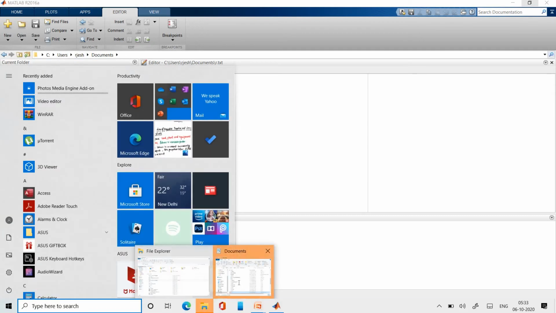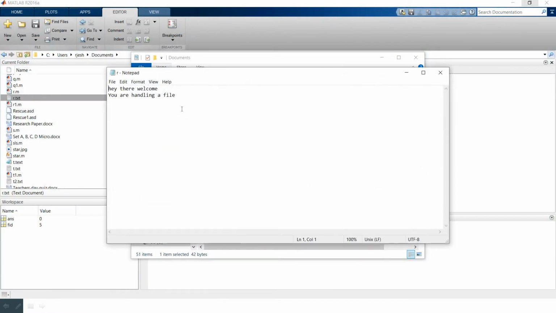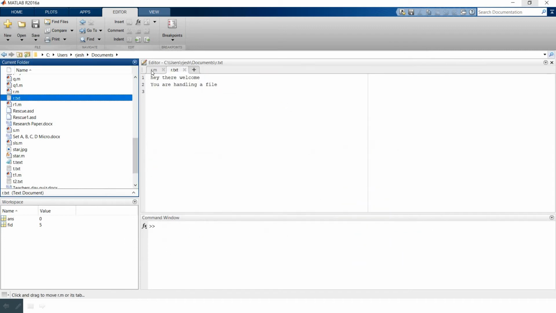It will show this. You can see whatever you have written. So using the text file, you have created a notepad and entered the data onto it.